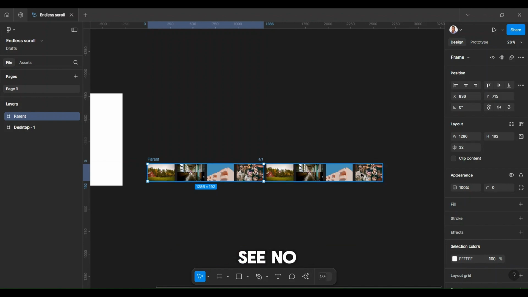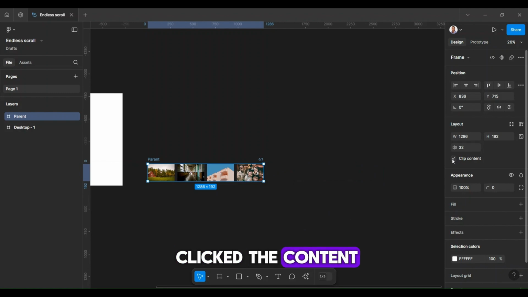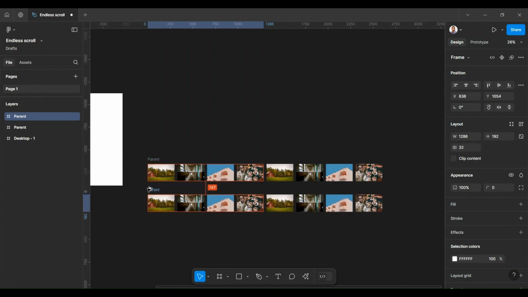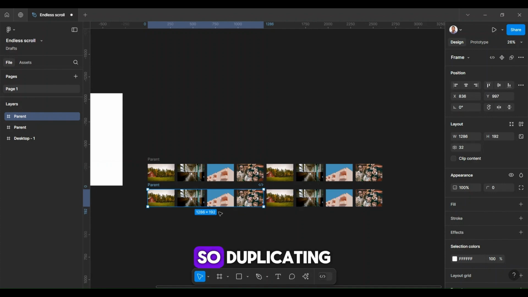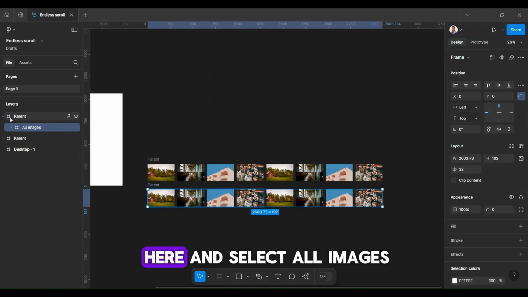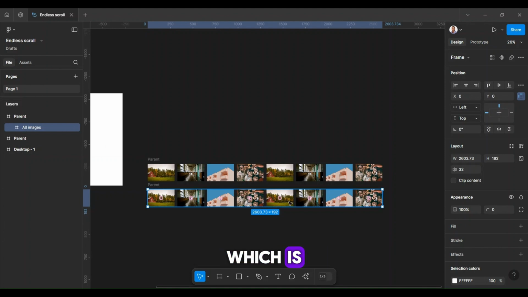Then you will notice that these images are still visible. That's because I haven't clipped the content. But immediately I click on clip content, they will all disappear. So I'll take this and duplicate it. After duplicating, I'll come here and select all images, which is the child frame, and I will